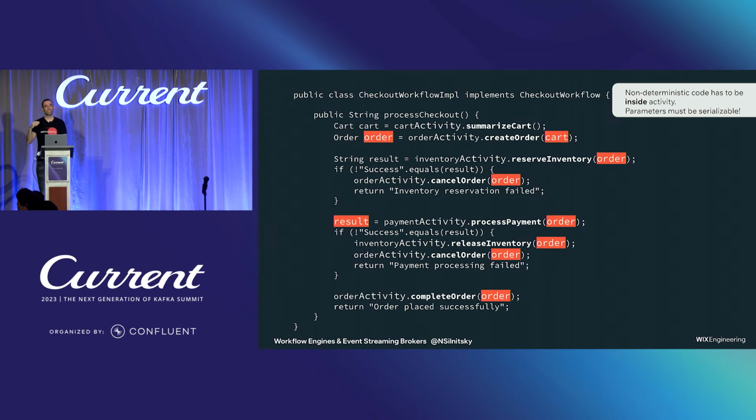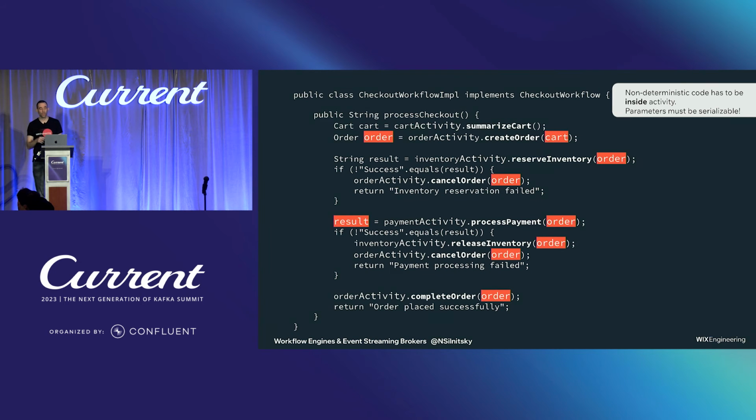Well, Temporal needs to be able to replay events in case some worker went down. It needs to be guaranteed to replay events up to the point where it left off and make sure that the result will be deterministic and reproducible. So that's why it cannot have this non-deterministic code found in the workflow. But of course, if you need to have non-deterministic code, you can have it in the activities themselves, generate a random number in some order activity, and encapsulate it there. There's no problem with that.